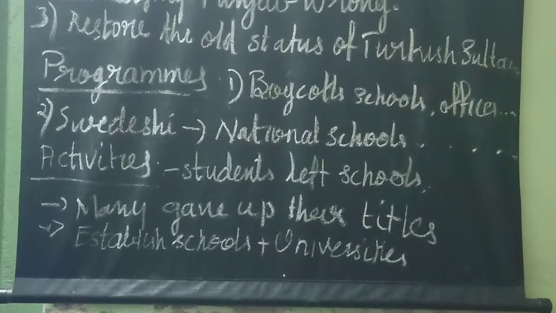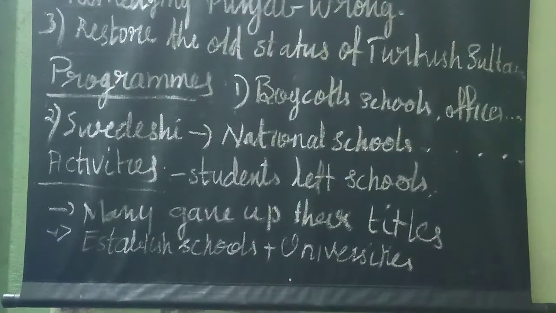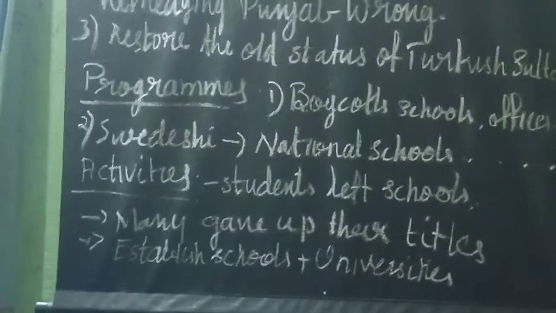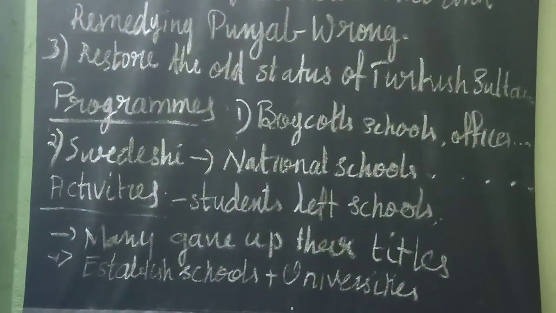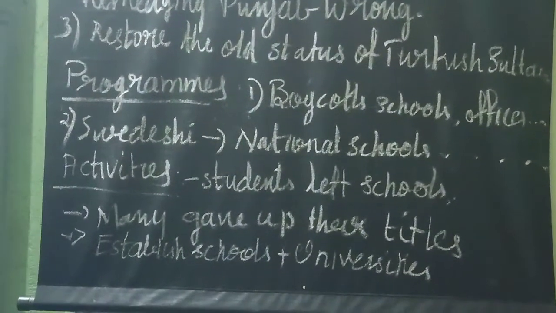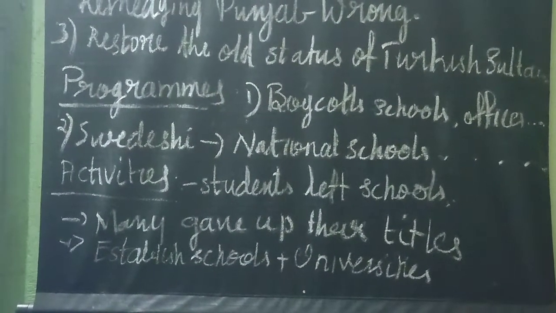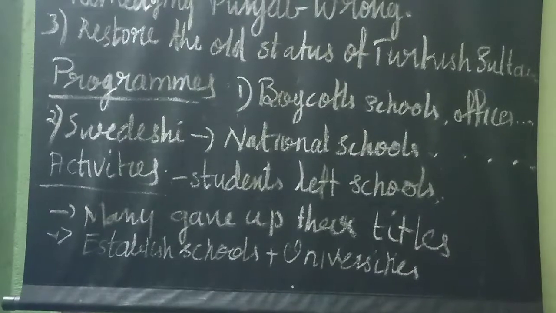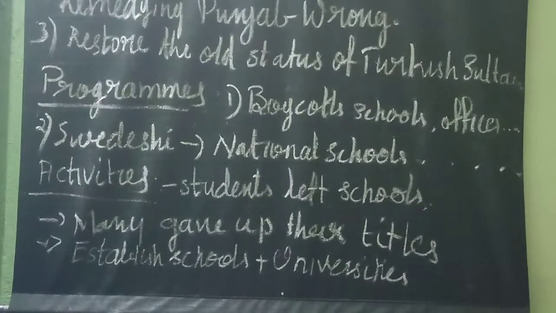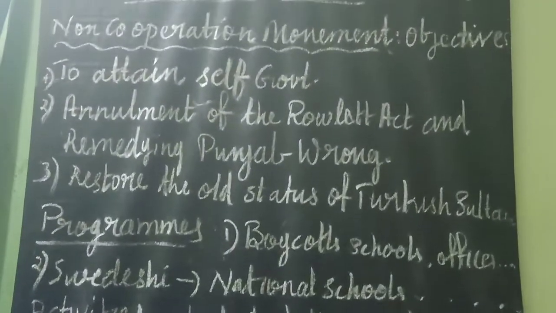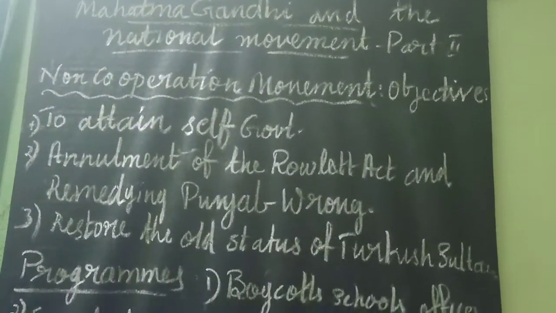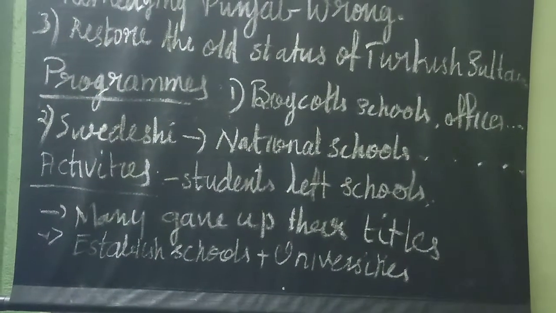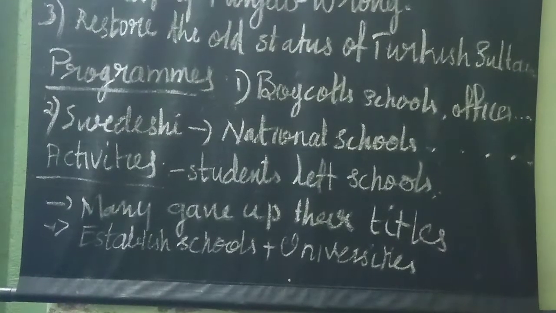Charkas were introduced, and in that way they decided to spin cloth. Gandhiji first started this in our country. A number of schools and colleges were started. For example, Jamia Millia Islamia was established as a national university. One of the universities established during this time, Jamia Millia Islamia, is considered a national university. Then Bihar Vidyapeeth, Kashi Vidyapeeth and Gujarat Vidyapeeth were the other national universities. All these were established, and national leaders like Acharya Narendra Dev, Dr. Zakir Hussain and Lala Lajpat Rai were appointed as teachers.